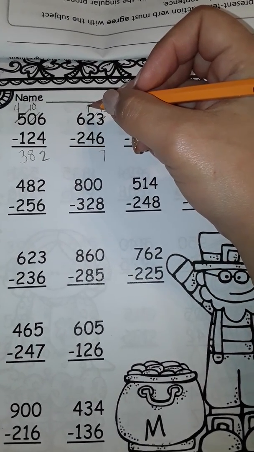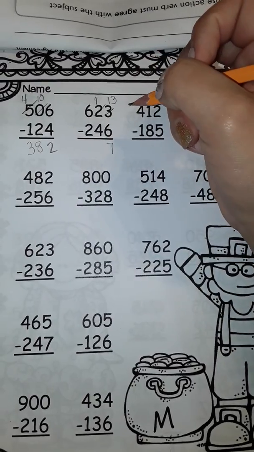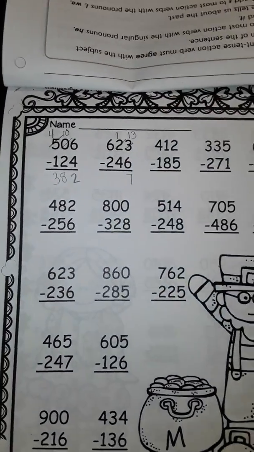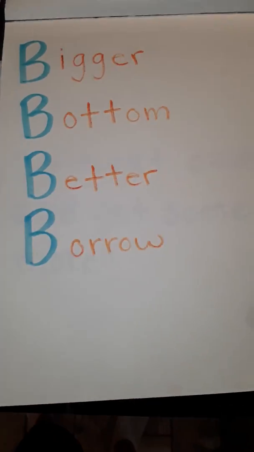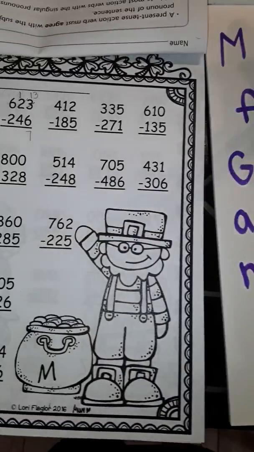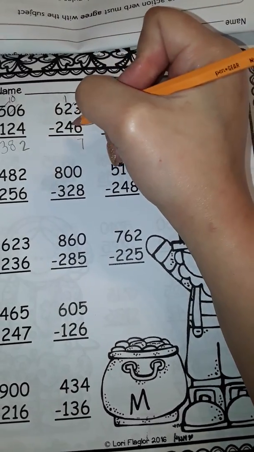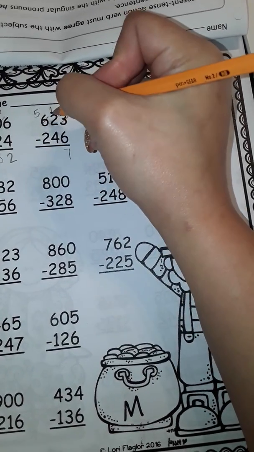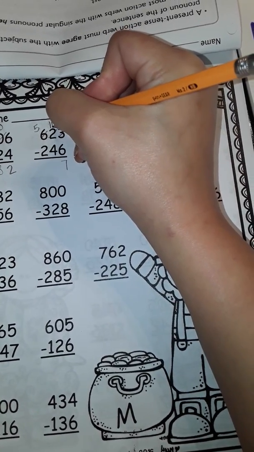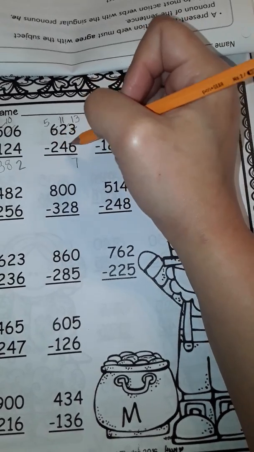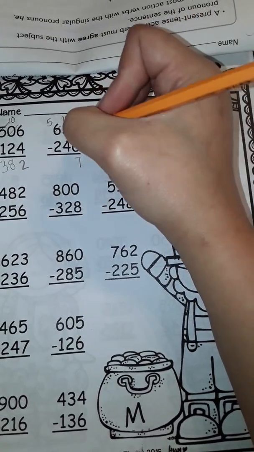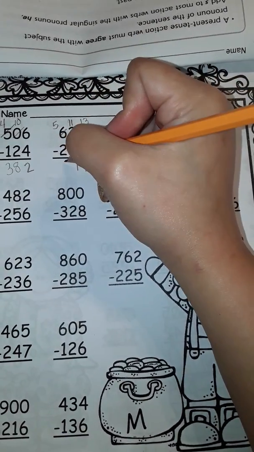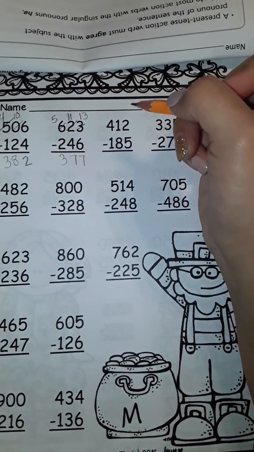And now I can move on to my tens place. I have a 1 minus 4. Can I do that? No. Again, I have a bigger bottom, better borrow. Since there's more on the floor, I'm going to go next door and get some more. My 6 becomes a 5. My 1 now becomes an 11. So 11 minus 4 is 7. And 5 minus 2 is 3. So my final answer,